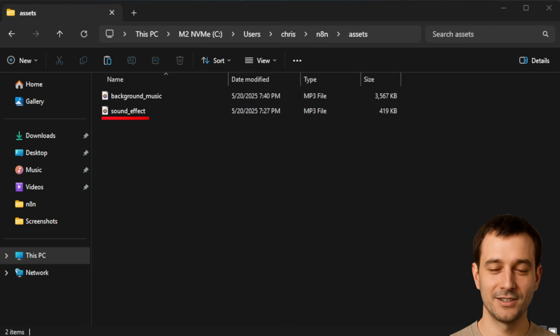Second, a sound effect file. This can be anything you'd like to layer over your videos. Name it sound_effect.mp3. Once both files are in place, your workflow will be able to automatically combine visuals and audio for the